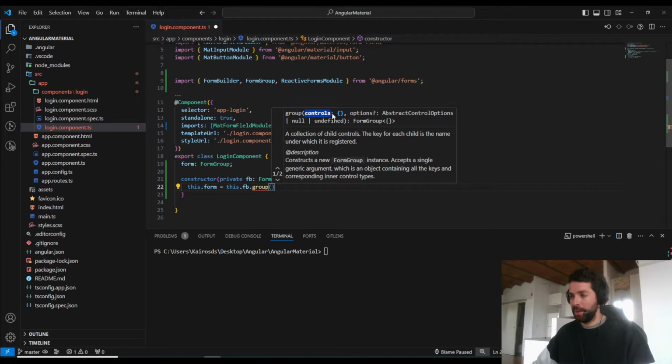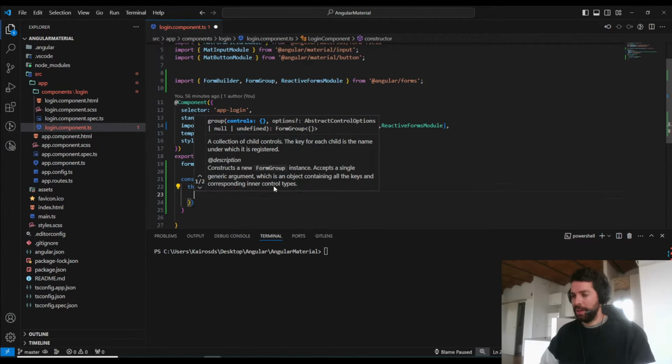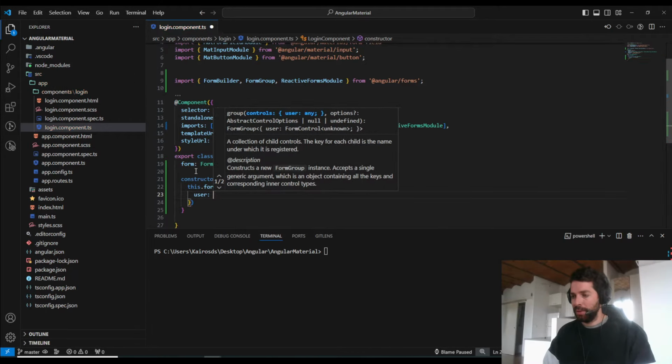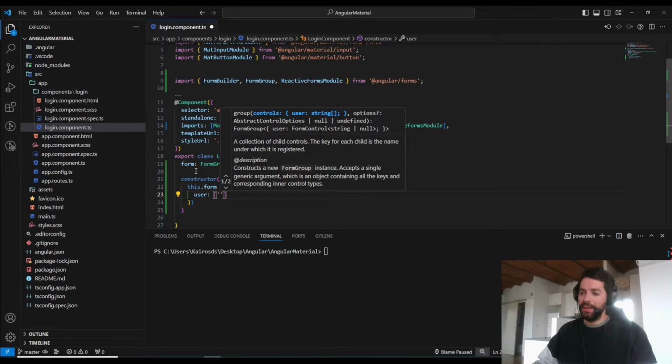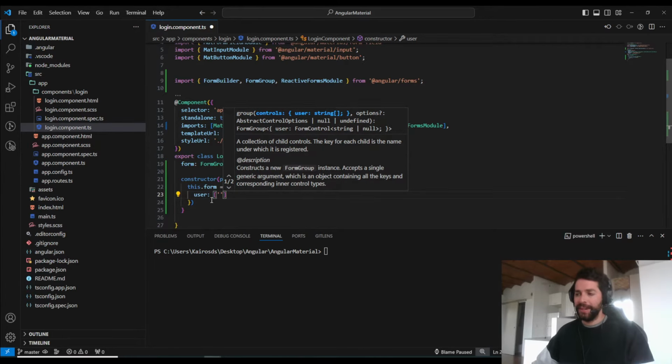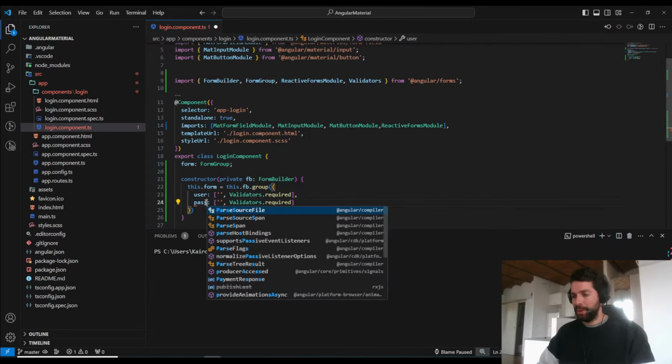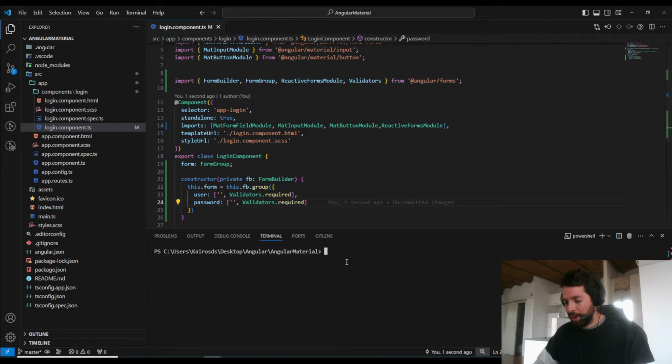Here we are going to have only two controls. I will put here an object, and the first control that we are going to have is going to be named user, and for the configuration here we need to put an array. The first value is going to be the default value, and then we need to put the validation. In order to put the validation, we put a comma, and I need to import here Validators.required. Okay, and I will do the same for the other property that is going to be password. I will save the change, I will execute the project again,